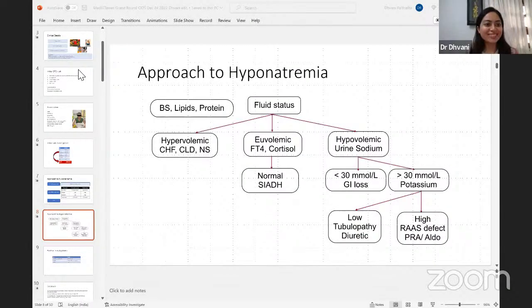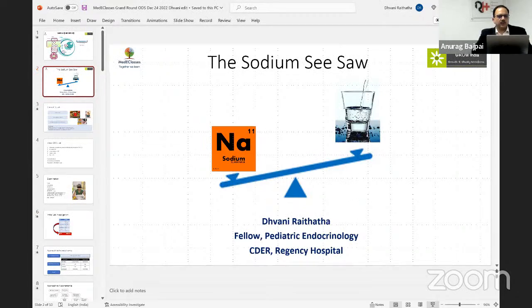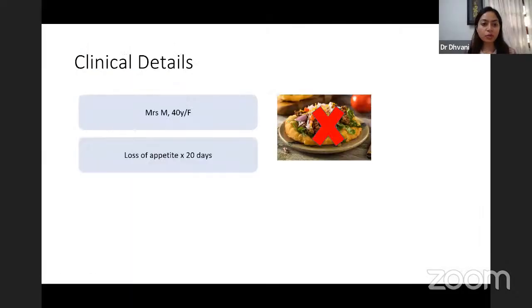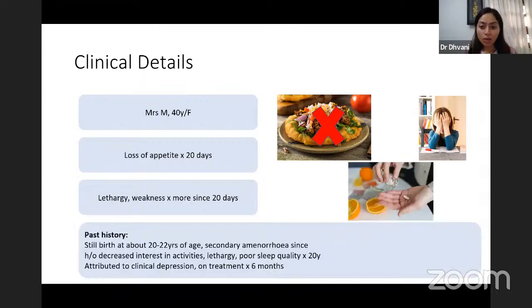Good evening, sir. Thank you for the opportunity. So let us start with the case presentation. We had Mrs. M, who was a 40-year-old female who presented to us with loss of appetite for 20 days, lethargy, weakness more since the last 20 days. On inquiring further, we got this history of stillbirth at 22 years of age with history of secondary amenorrhea since. There was history of decreased interest in activity, lethargy, poor sleep quality for the last 20 years, ever since she